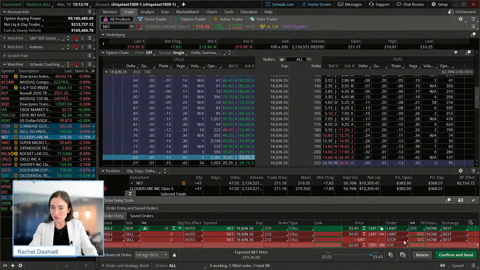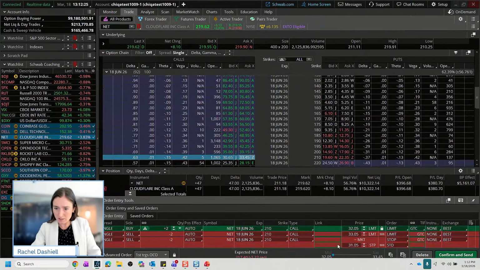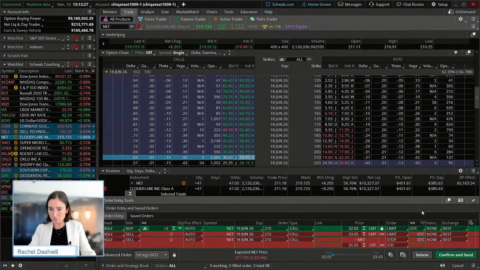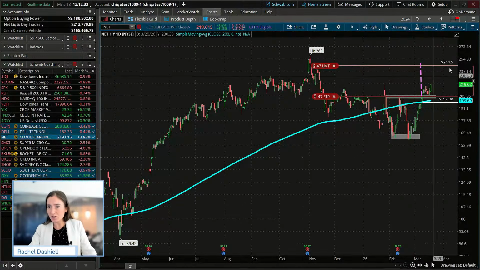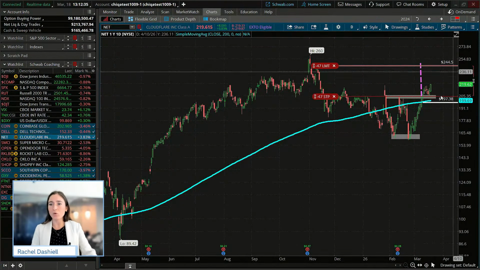We're going to make this a good till canceled order. We're going to try to put this at the midpoint of entering today. We know we're not due a fill at the midpoint there. And for our limit to the upside, we saw those possible profit targets right around 244.